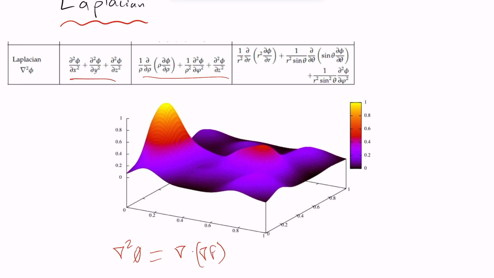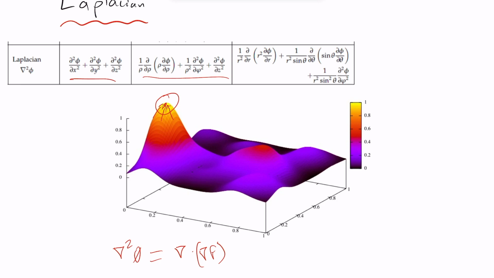Basically, the Laplacian tells us the degree of concavity, or how much of a peak we are at a given point. So let's look at this big peak here. Turns out that the Laplacian at a peak is negative, because if we look at all the neighboring points, the gradients are kind of pointing in towards this point. And so if you were to now think about those gradients and then take the divergence of those, well, then you would have a net influx of